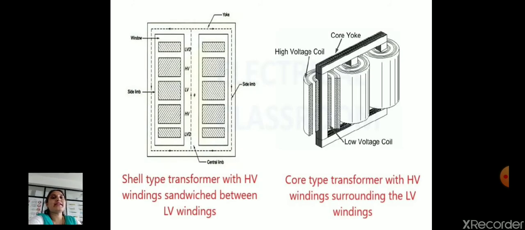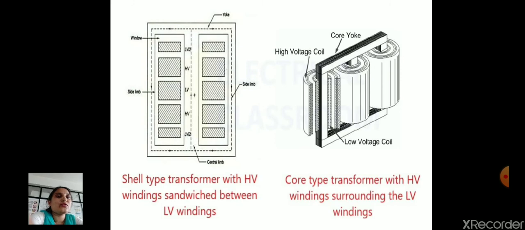Now as we see in the windings, in core type transformer we can use cylindrical type of winding, and in shell type transformer we can use sandwich type of winding. In sandwich type of winding, the high voltage winding gets sandwiched between low voltage windings, and generally a low voltage winding is placed nearer to the core because it is easier to insulate the low voltage winding as compared to the high voltage winding. That's why the low voltage winding is placed nearer to the core. Then after that there is a high voltage winding. So this sandwich type of winding is used in shell type of transformer.